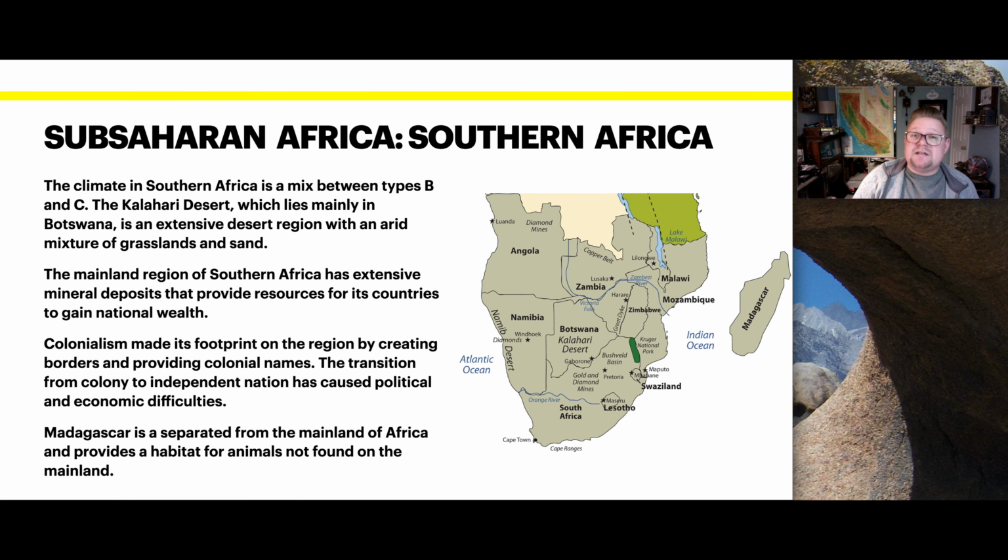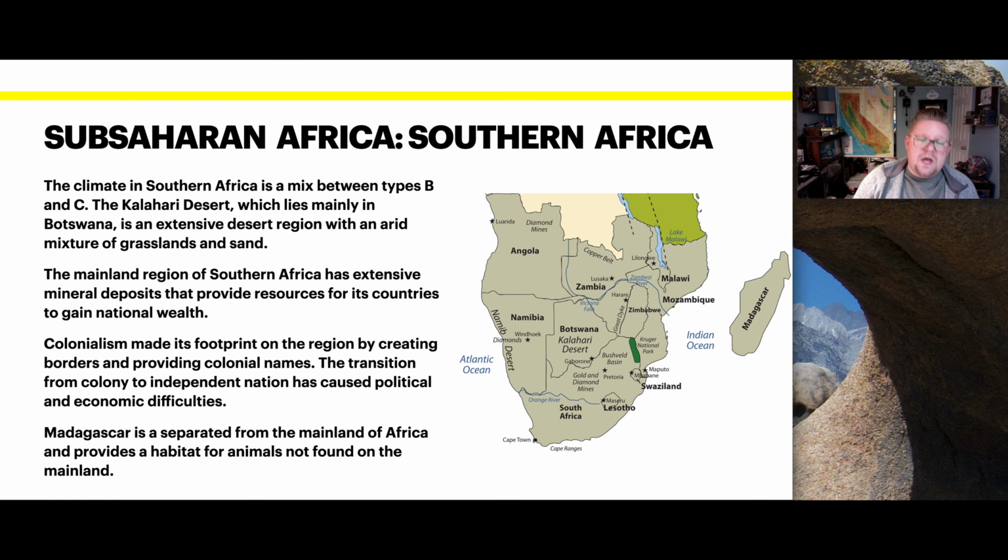So let's talk about Southern Africa. Now, the climate in Southern Africa is definitely mixed between B and C types of climates. The Kalahari Desert, which lies mainly in Botswana, is an extensive desert region with an arid mixture of grasslands and sand. The mainland region of Southern Africa has extensive mineral deposits that provide resources for its countries to gain national